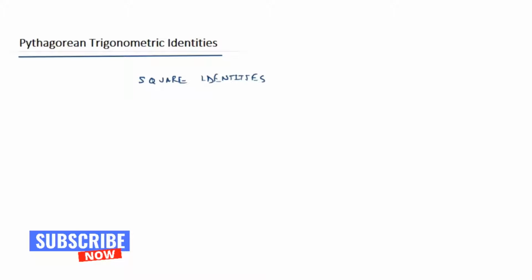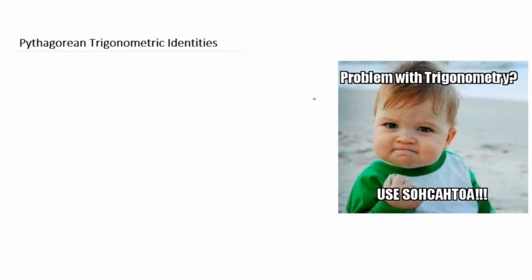So to start with the trig identities or the square identities, let's remember the very basic rules of SOHCAHTOA. If you use SOHCAHTOA, it's going to become child's play for you. Let me write it here also. SOHCAHTOA. I'm sure you remember the acronym by now. If you don't, here it is: sine of an angle is always the opposite over hypotenuse. Cos of an angle is adjacent over hypotenuse, and tan of an angle is opposite over adjacent. If you always use this SOHCAHTOA, trigonometry is going to be child's play for you. That's what this child is saying here.